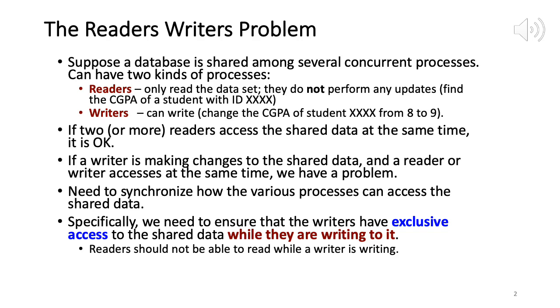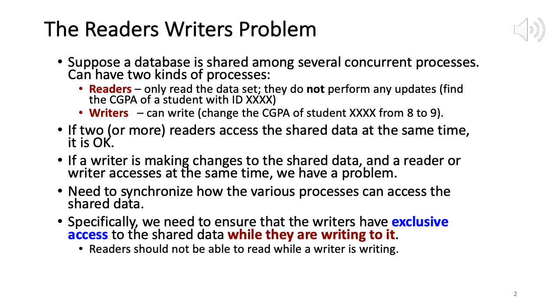Now the other kind of processes are writers. These can also exist. As the name suggests, they can make edits to the database. For example, let's say a semester has elapsed, and the student has done really well, and their CGPA increases from 8 to 9. Then the writer process has to locate the row for that student, just like a reader had to. Once the row is located, it has to go to the CGPA column and change its value from 8 to 9. So you have readers and writers.